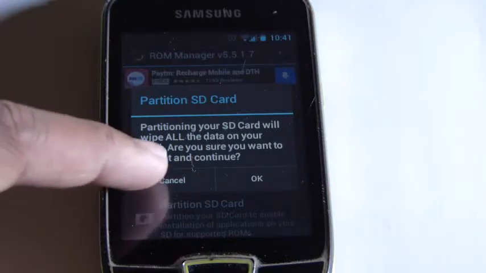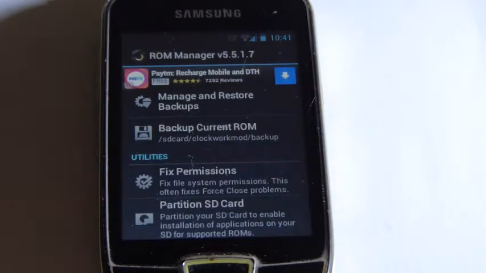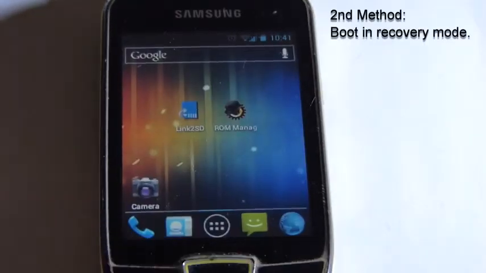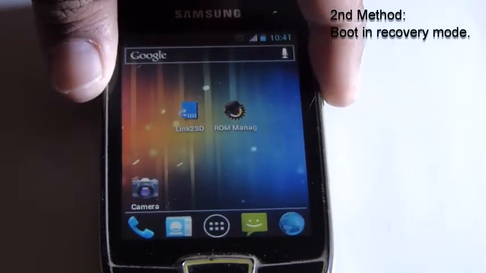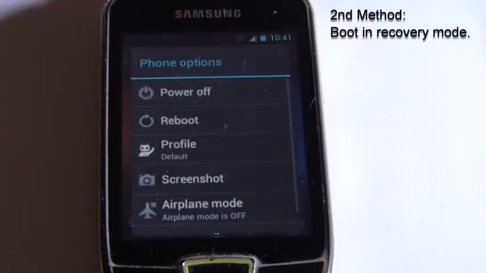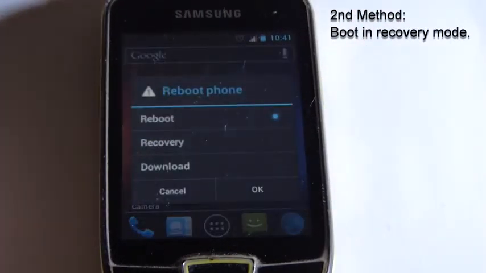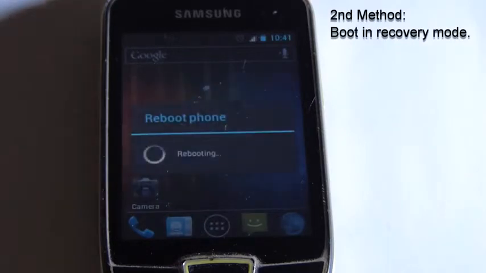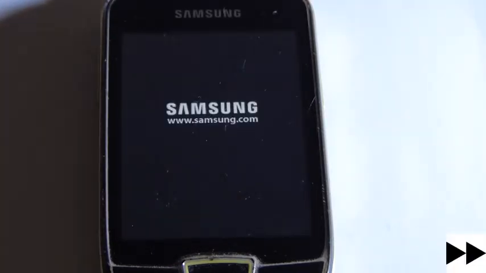Now the second method is for people having ClockworkMod recovery installed on their devices. So now boot into ClockworkMod recovery. It will take some time.